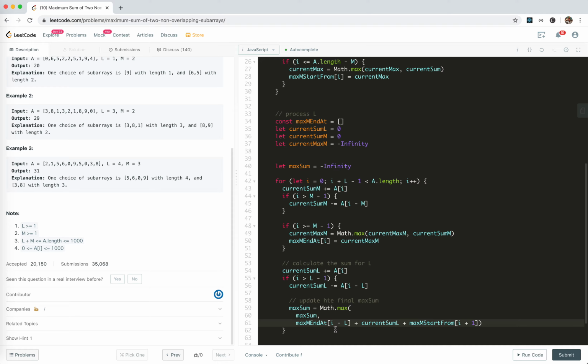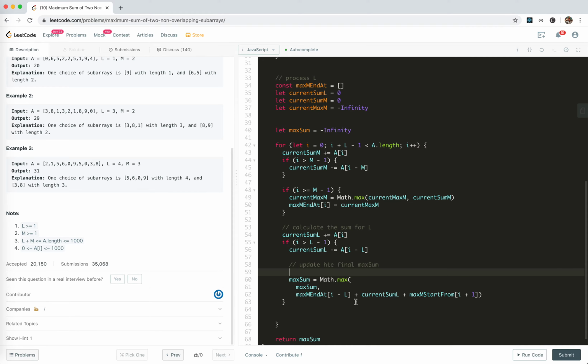There is a problem actually. This might be negative, so this will be undefined. So I'll say const max sum m